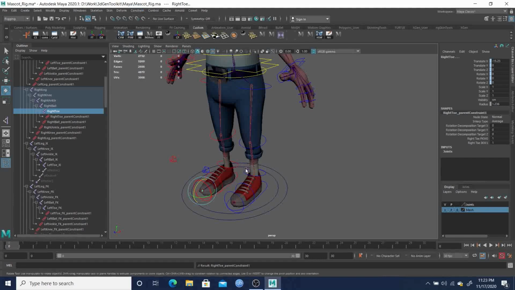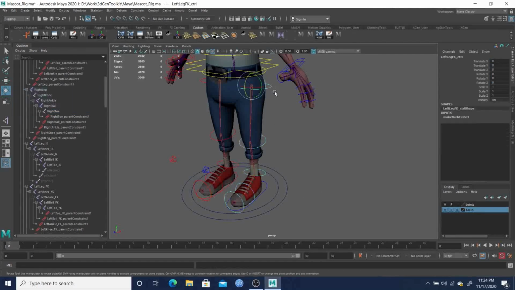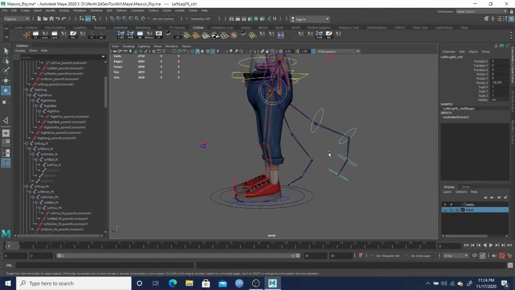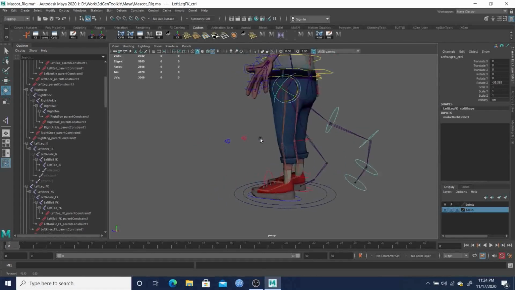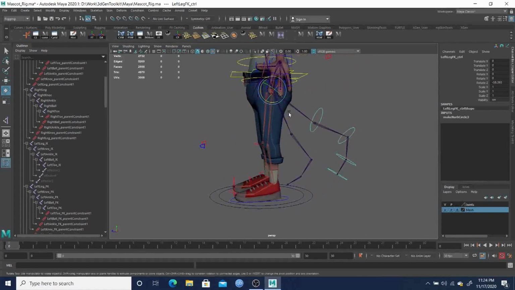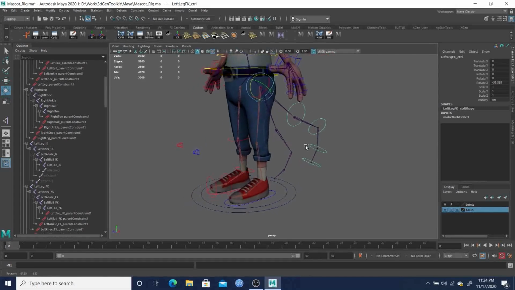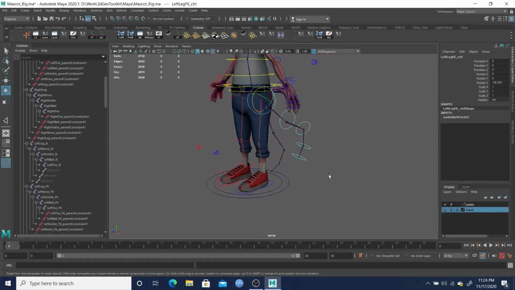Hopefully that doesn't mix you up, but you can see now, if I select the FK control and drag it, the leg is mixing between the two. The reason is that those constraints are both set. The left leg is at 50%, so it's thinking it wants to go to the FK or to the IK. That's what we'll fix with the set-driven key. So if I just undo that to put it back,